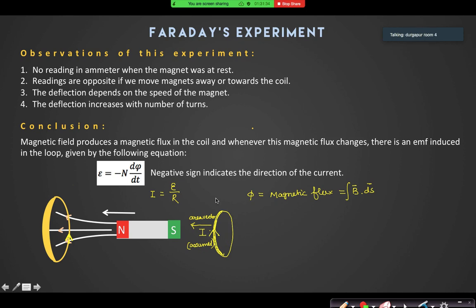In this chapter, we'll assume the area vector is always along the direction of the thumb, if you curl the right hand fingers along the current. And the magnetic field vector is also in this direction. So what is phi? Is it positive or negative? Positive. And the magnet is also coming closer. So can I say d phi by dt is also positive?